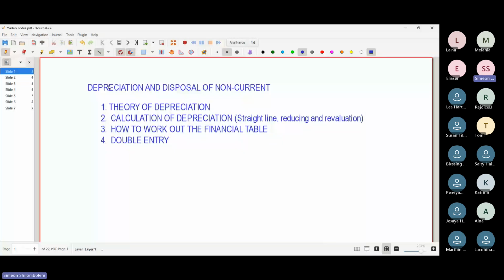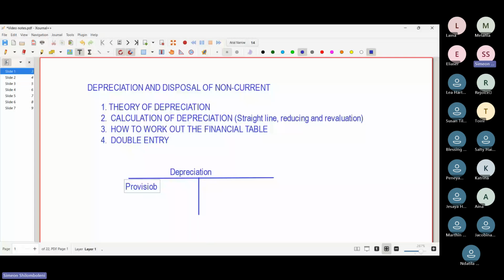What I mean is, if you have an account here, and this account is depreciation, and inside here, you have an account provision for depreciation on vehicles. When I say I expect you to know double entry,